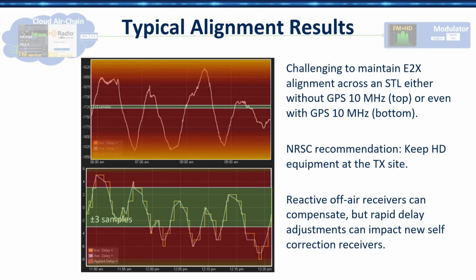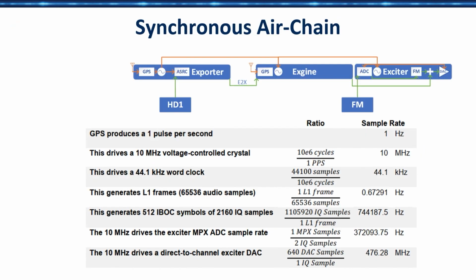So we wanted to solve the problem more definitively. And we believe the answer is what I call synchronous air chains, where everything is synchronous. Now, what do I mean by synchronous? I'm coming from a DSP background. It's just numbers of samples, each one occupying a fixed amount of time. And in a synchronous air chain, a synchronous DSP chain, you'll never lose a single sample, and you can account for each sample. There's a fractional relationship between all processing stages.